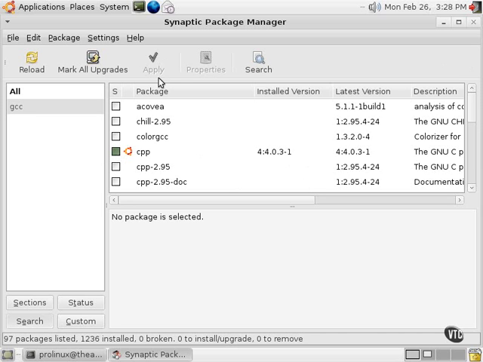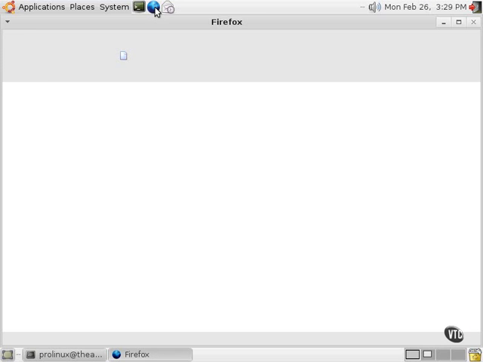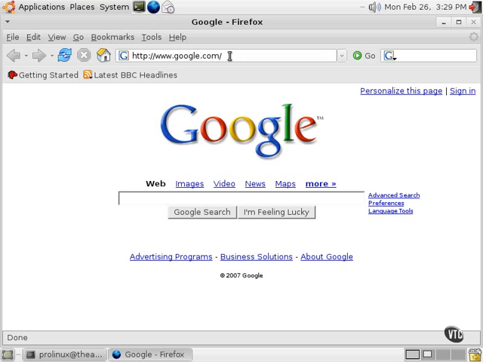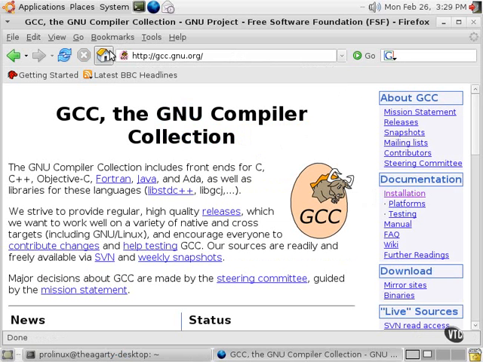If I did check mark this and click apply, I could install or upgrade the GNU C compiler or the C++ compiler and get a fresh version. Could close the package manager, and that's all there is to it. If you want to read more about the C compiler, the GNU CPP, simply go to gcc.gnu.org. All kinds of documentation on installation of the compiler, various platforms that it can be run on, how to